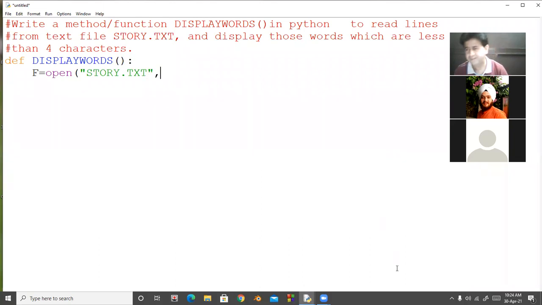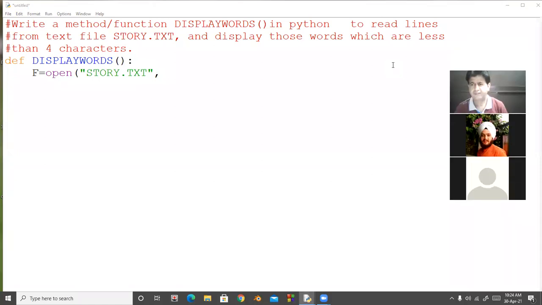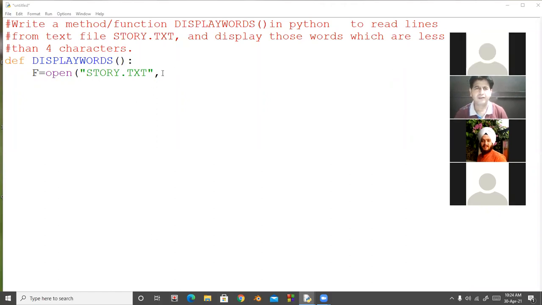Now, next is Sushant, unmute yourself. Good morning, sir. Good morning. Now tell me, in which mode will we open the file?